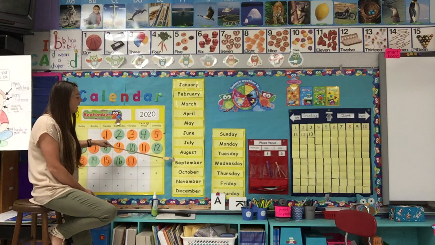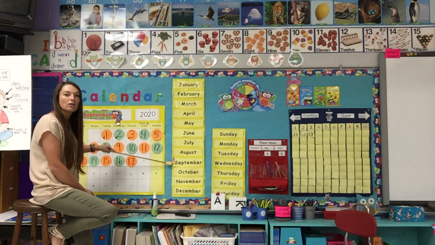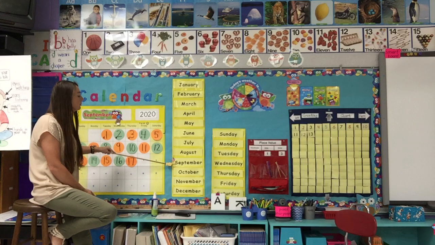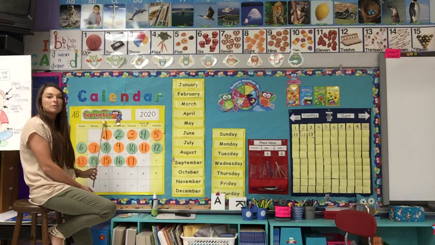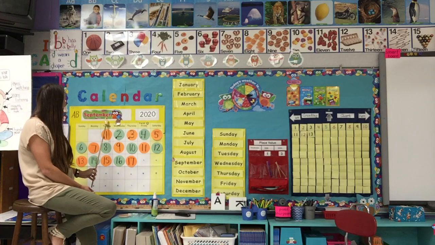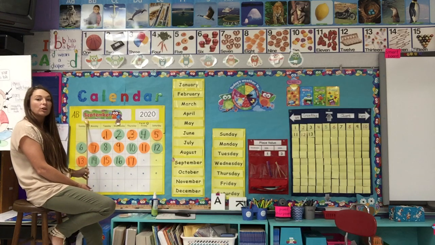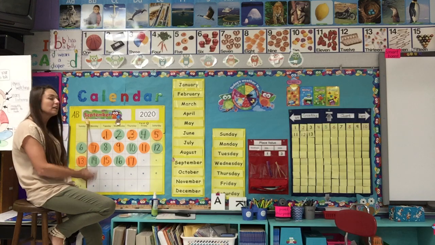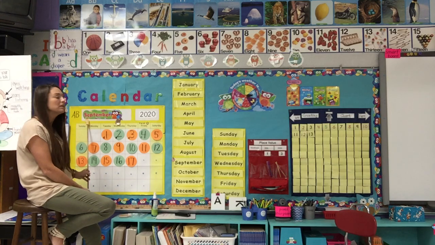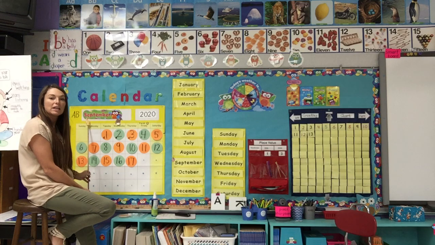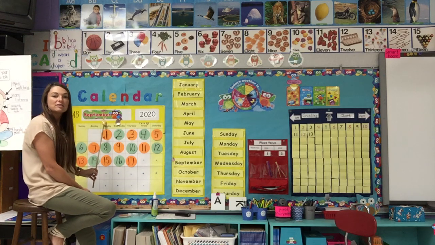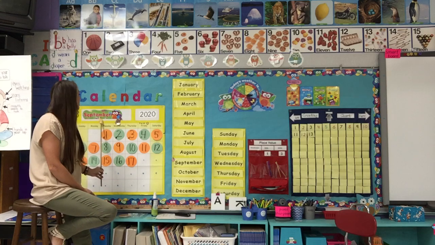And right now we have an apple right here beside of the month of September. That's the month that we're in right now. We're in the 9th month of the year. We have the word September written up here at the top of our calendar. It begins with an uppercase S. It's a special word, just like your name is special, and it always begins with a capital or an uppercase letter. So the month is September, so let's say that in a complete sentence.